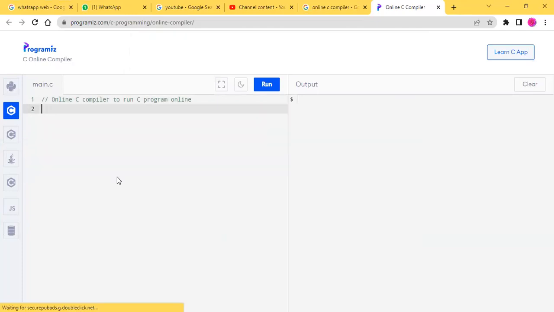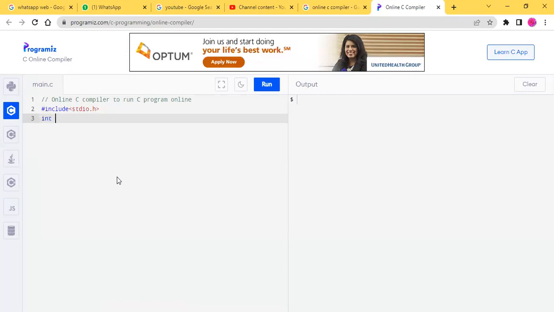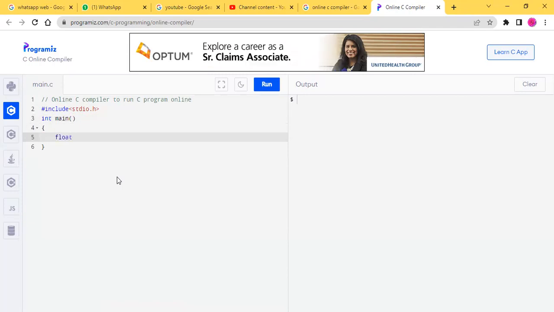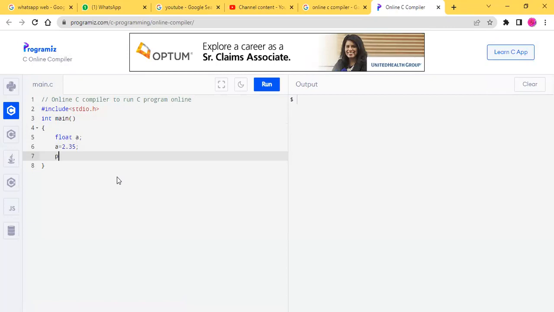First we will write #include <stdio.h>, next int main, next float a = 0.35. Okay, printf("a value is %f", a);